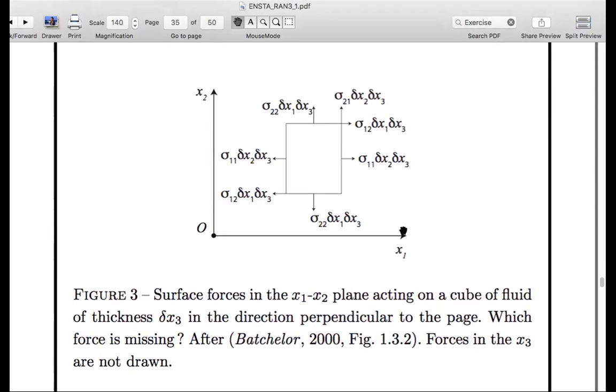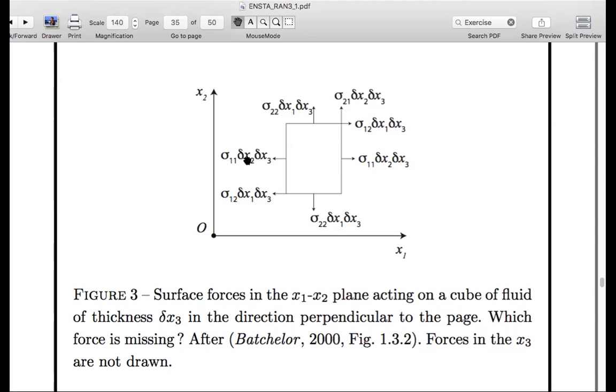I want to look at a little cube. Well, I don't want to commit myself, it's a little box, a little 3-dimensional, I guess a right parallelepiped, but a little box with flat edges. And I've drawn it in the X1, X2, or the XY plane, but it has a depth in the 3rd direction, which is delta X3 that we can't see because